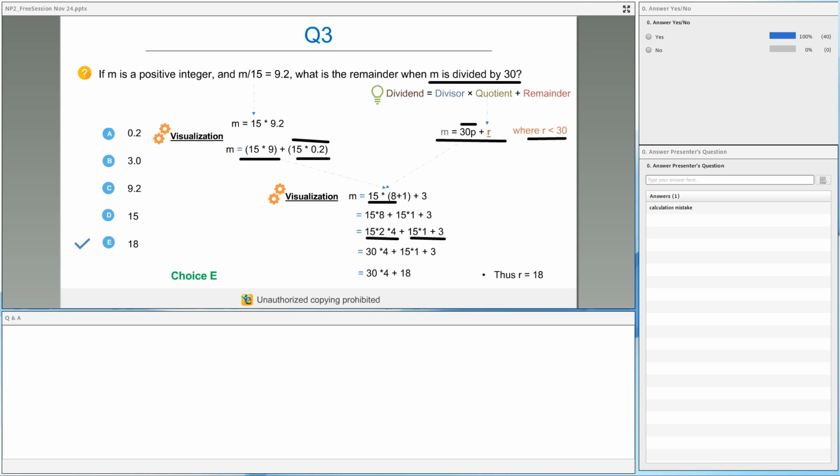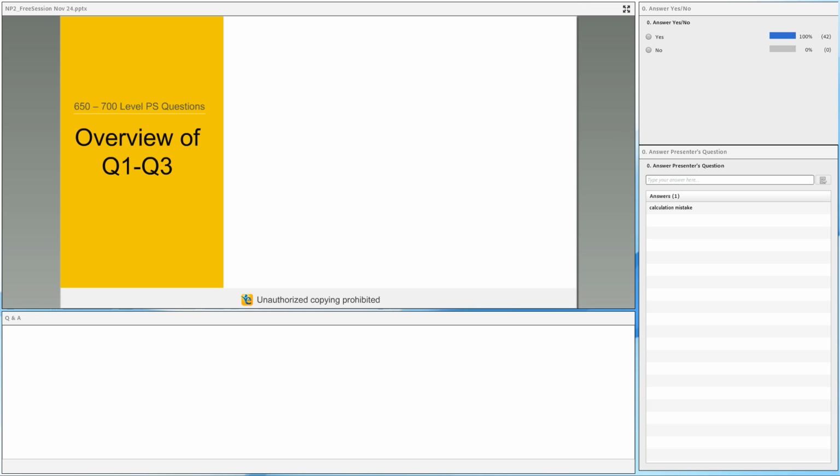In those cases, it will be important for you to know these manipulations. If you don't know these manipulations, you simply multiply. In data sufficiency questions, you'll falter. Okay? With this, as I told you, we were using the same concept.